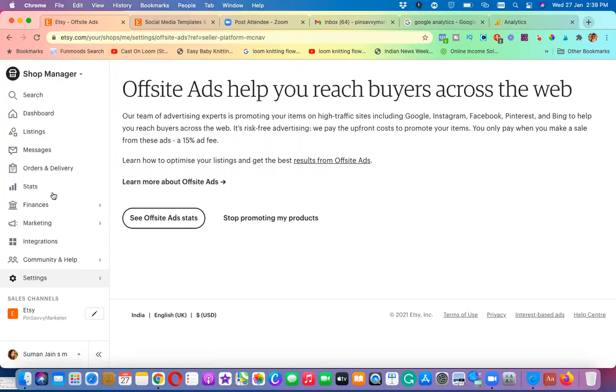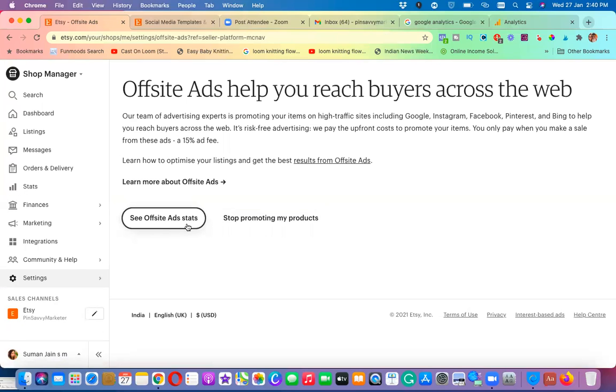Yeah. So offsite ads are nothing but Etsy promotes on other platforms like Google, Pinterest, Facebook. They do a lot of advertisement activities. Okay. So on your behalf, they will promote your store. And if anything gets sold from that particular promotion, then you have to pay whatever fees you're entitled to. Along with it, there is a fee which is called 15% ad fee. Only when something is getting sold, then only you are paying it. Okay, so make sure you have this on